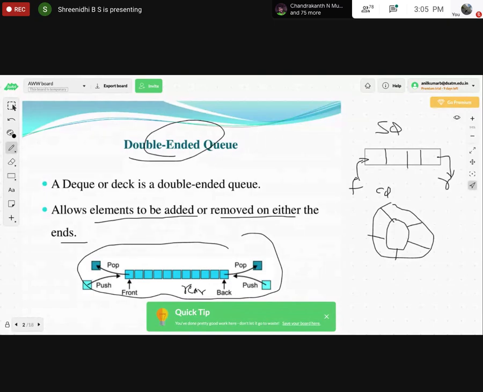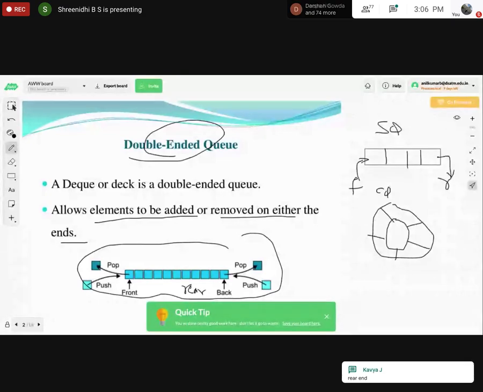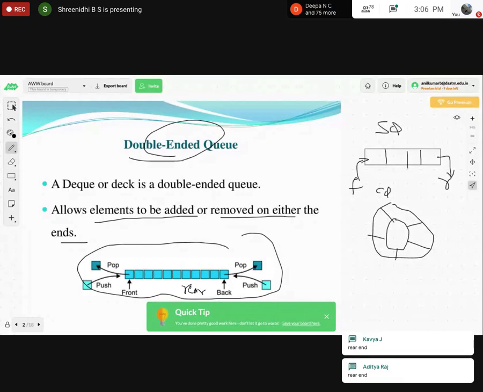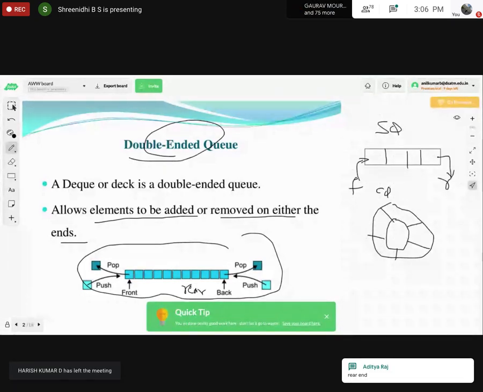So here, both push and pop, either we can insert the data or we can delete the data from any of the ends. That is the main significance of this double-ended queue. Whereas in a single-ended queue, inserting the data from rear end, deleting the data from front end of the queue, right?